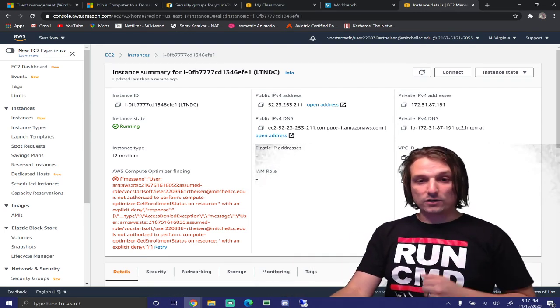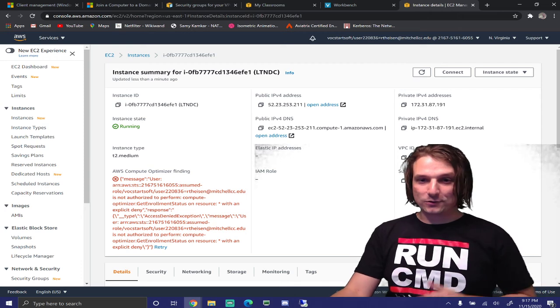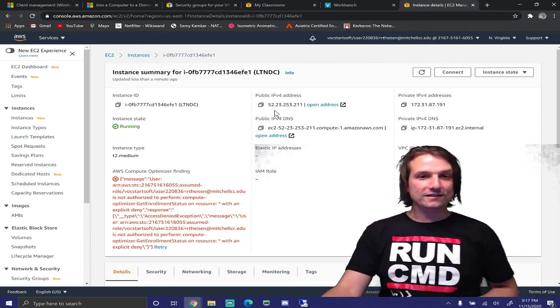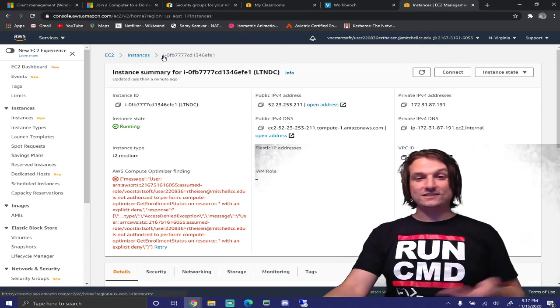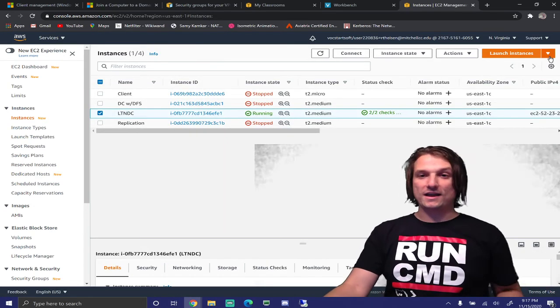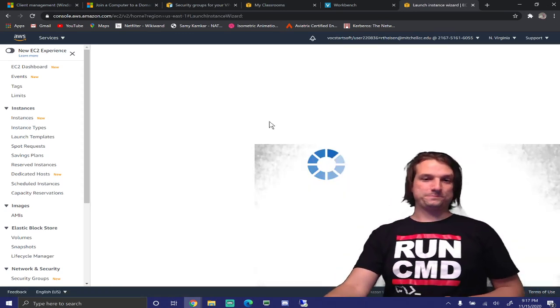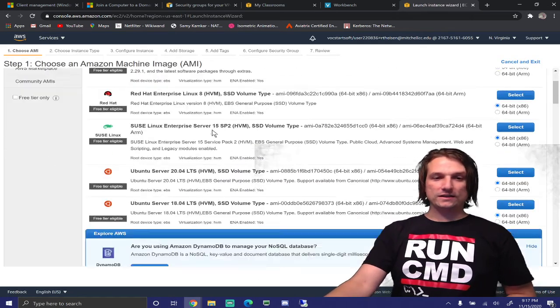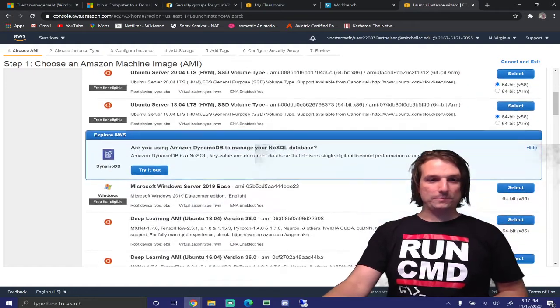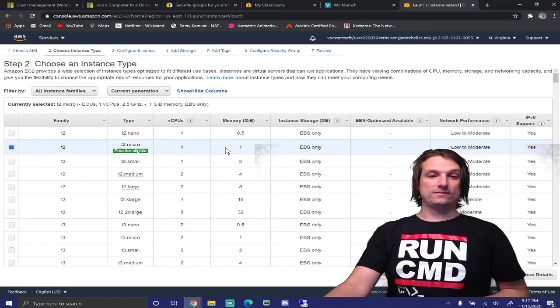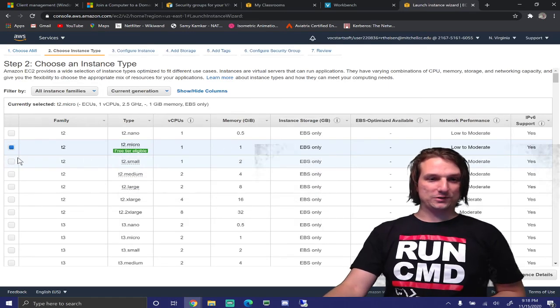What I'm going to remember off the top of my head is those last four digits, 3043, or at least 43. Then I'm going to go back here to my instances and create a new instance, which will be my client. So we'll go ahead and launch an instance. Give it some time to load up the instance, all the options. I'm going to grab this Windows Server one. That'll be our client. Pick the smaller